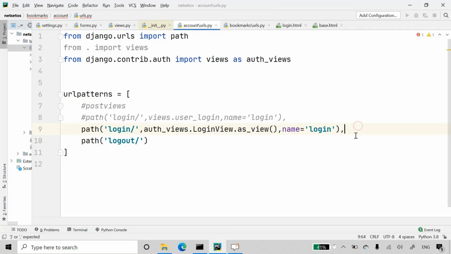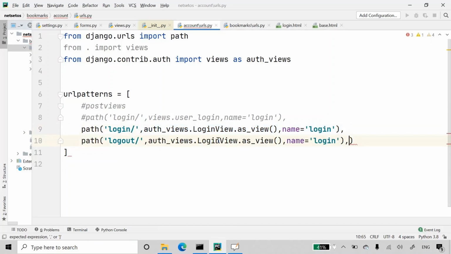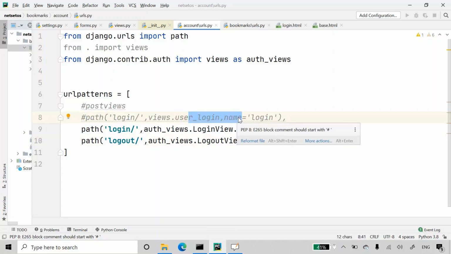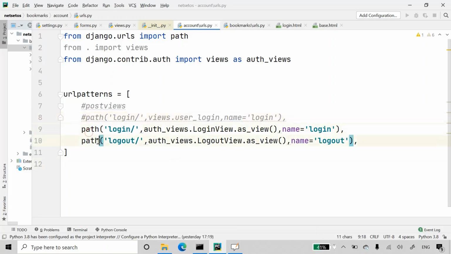And here I'll put a comma. The same I'll define for logout, with auth_views.LogoutView and its name logout. So here we have commented out the URL pattern for user login, and we use this login view of the Django authentication framework.